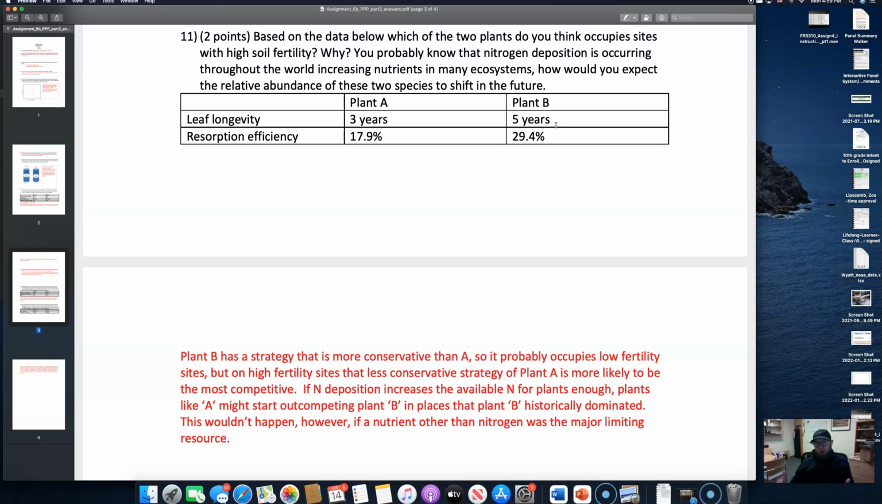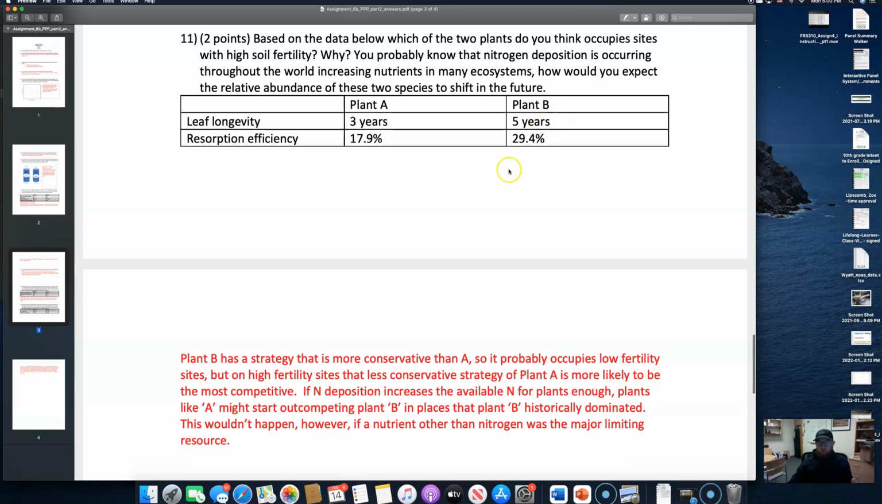So a plant has to invest a lot of carbon in the leaf structure, but then if it lasts 5 years, it can reuse that leaf over and over. So it's going to be more conservative with nitrogen use. But if nitrogen is being added to the system and becoming less limited, then we would expect plants that have a more liberal, less conservative use of nitrogen or nutrients to be more successful in that system. So over time, as this system had nitrogen added to it, we'd expect plant A to do better